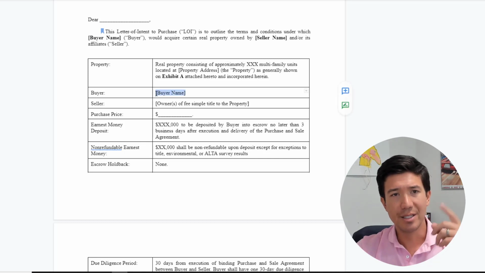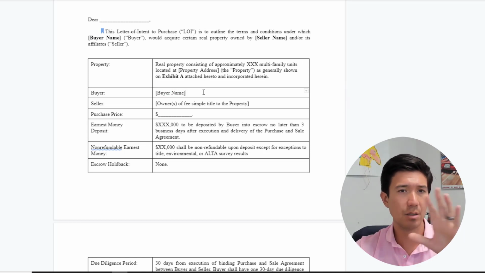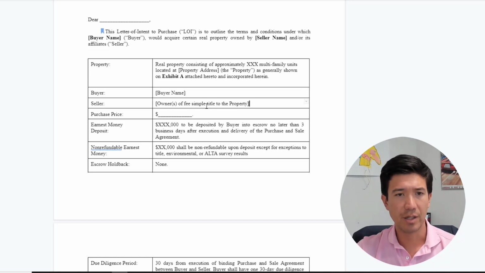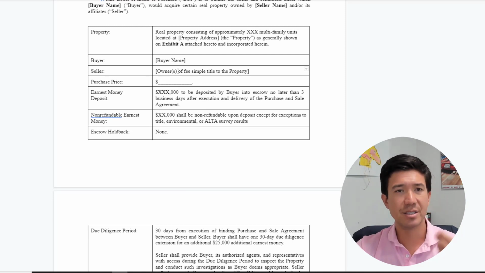Buyer name here, this should be your SPE. It has no assets. It needs to be a shell company, a land code just for contracting, with no assets in case things go sideways. Seller, fee simple, okay, fine. Purchase price. That's pretty obvious. You want to put that. I just say lead with it because it's going to dictate the rest of the LOI if you have a competitive price. Earnest money deposit,